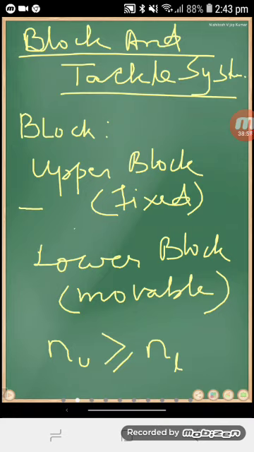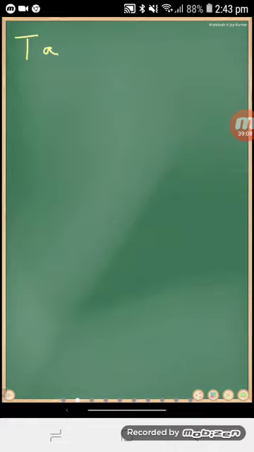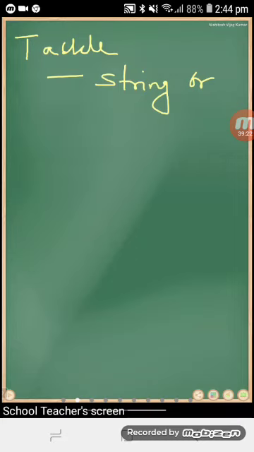Now let us see how this block and tackle works. This was block. Now what is a tackle? Tackle is basically the string or the rope which is binding both of them, which passes through the pulley set, the two blocks, to bind them together. This is called your tackle system. So now if I try to draw the block and tackle system,